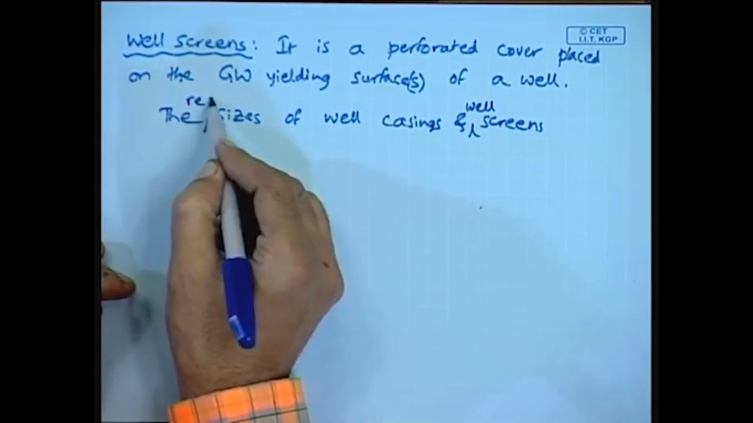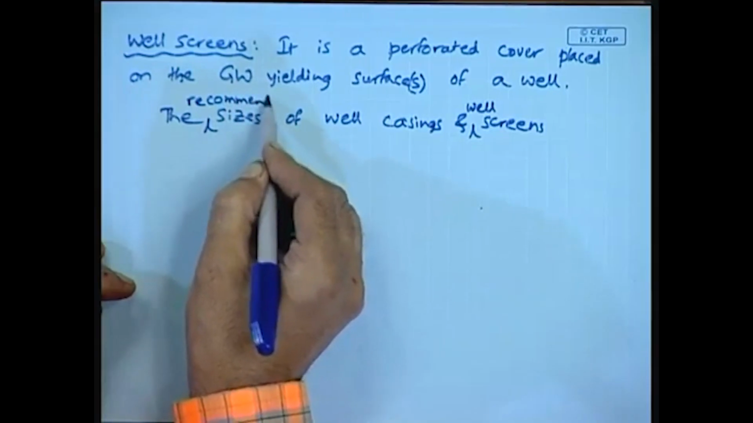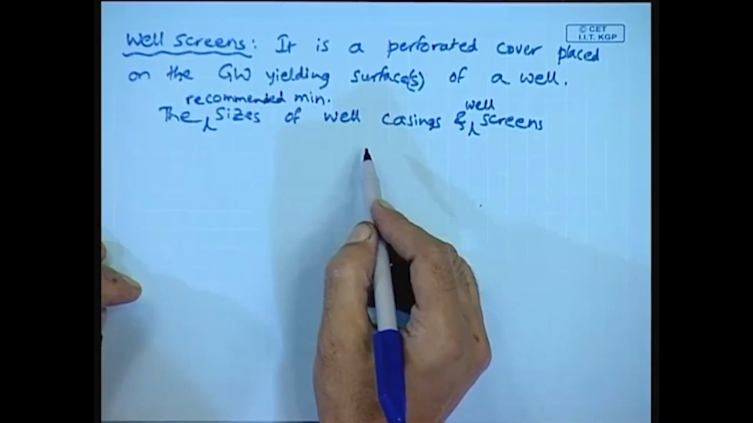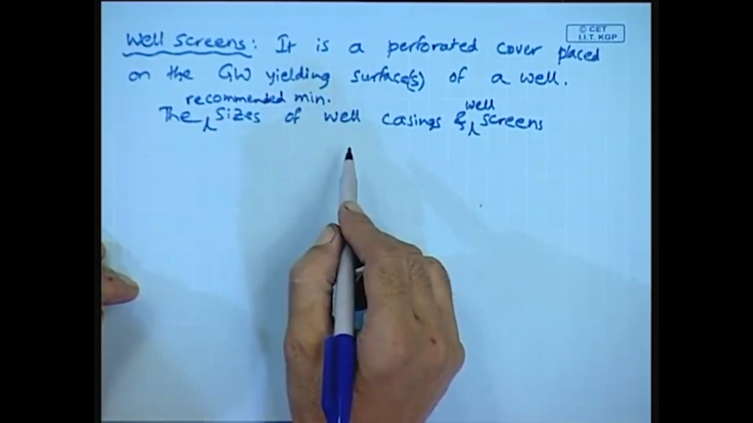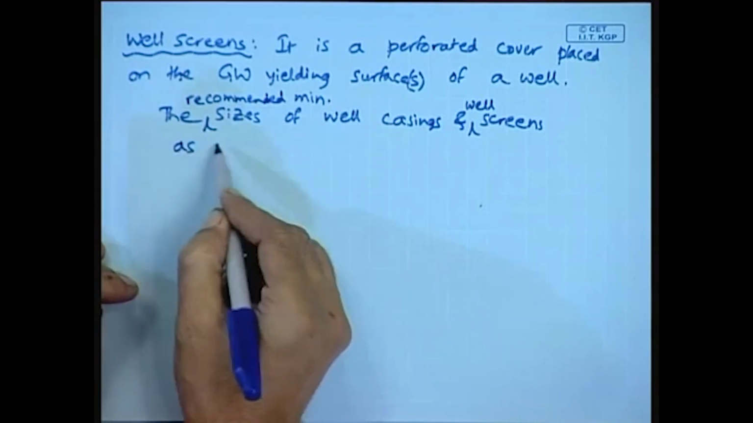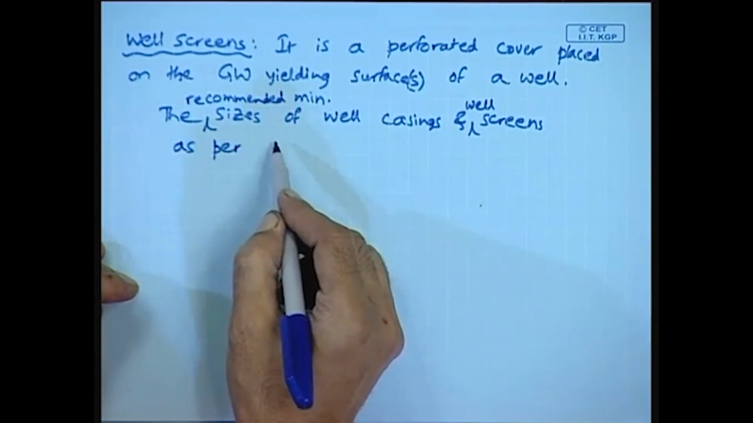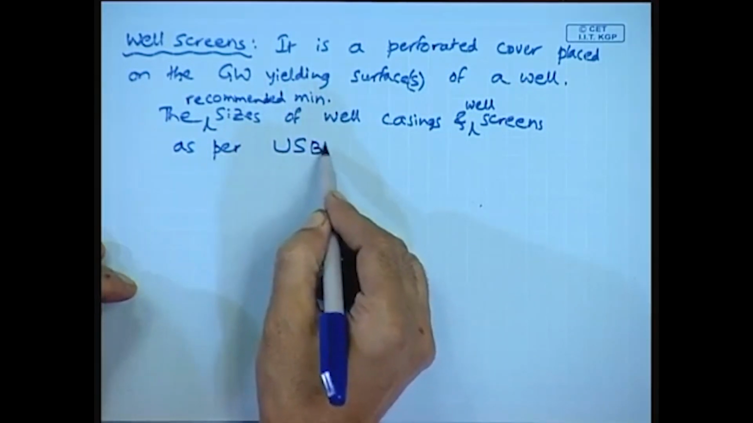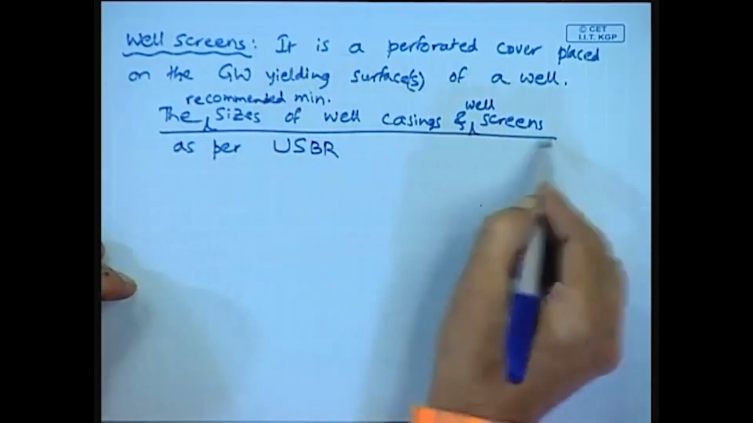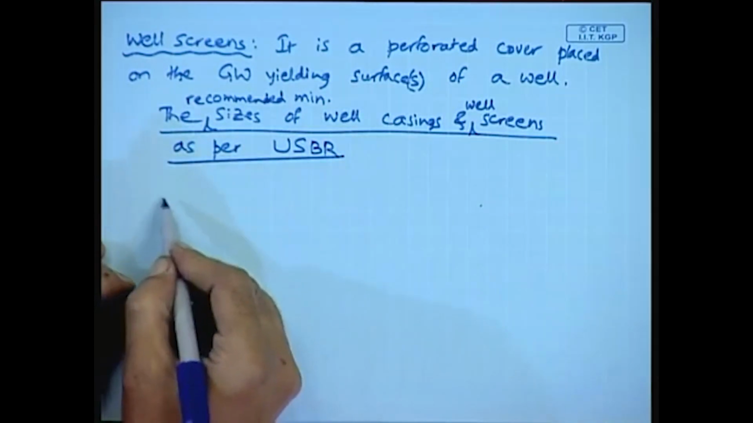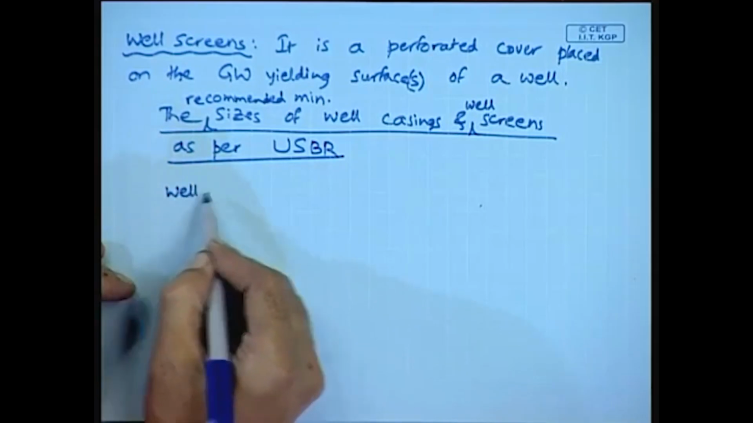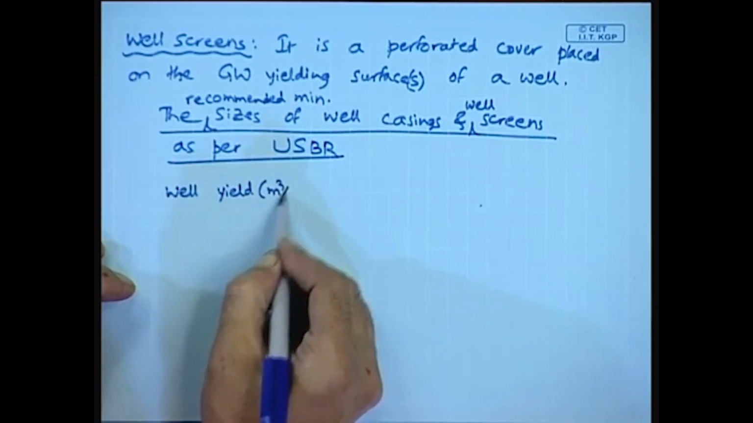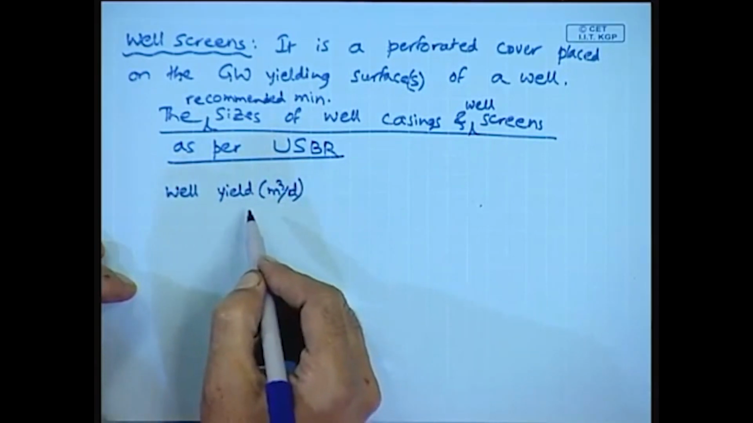The recommended minimum sizes of well casings and well screens as per the USBR, United States Bureau of Reclamation, are as follows. They are based on the well yield in meter cube per day,